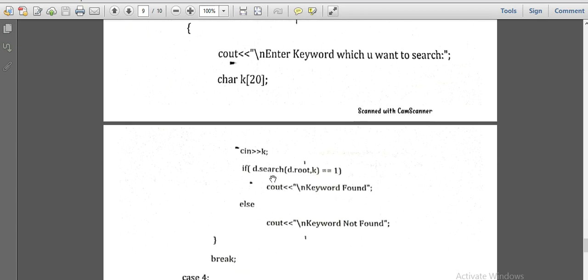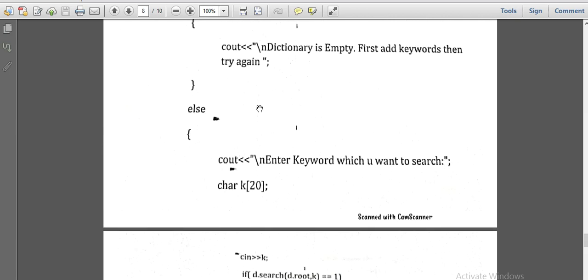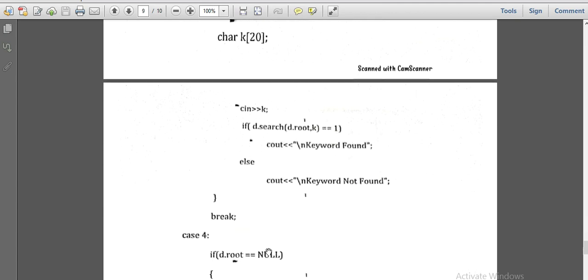Then we call the search function with the given keyword. By using that search function we are searching for the keyword here. If the search function returns 1, it means that the keyword is found, otherwise the keyword is not found. This is the condition for case number 3.